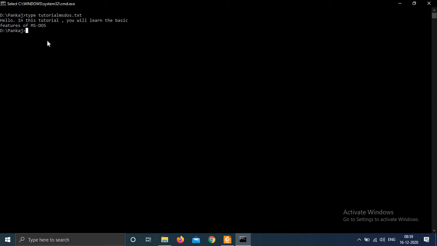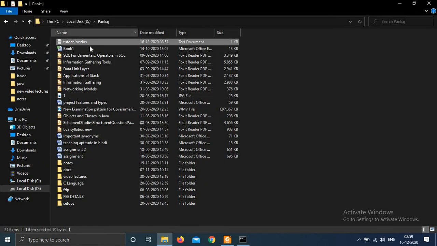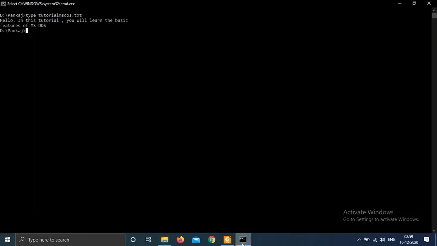Now suppose I want to copy this file tutorial ms-dos to another file. Here the file name is second.txt. For that you need to type copy tutorial ms-dos.txt, and then the syntax is copy, file name 1 and the second file name where you want to copy the contents of this file.